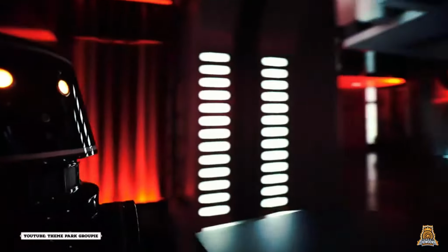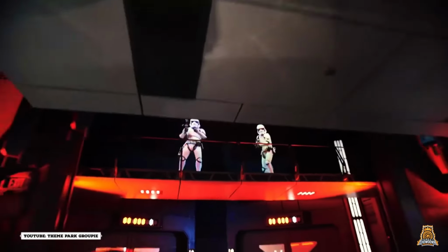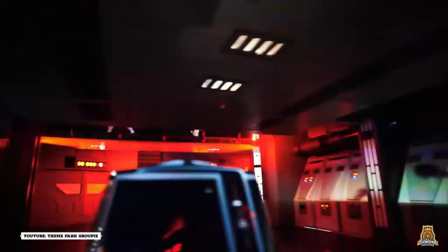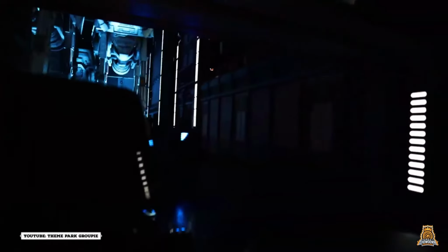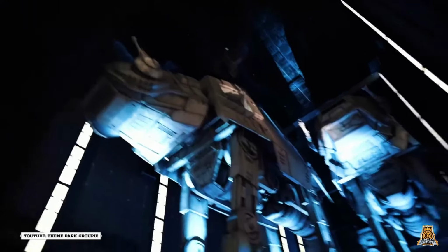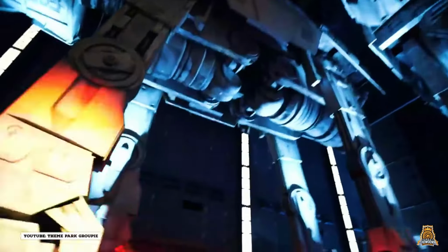The Rise of the Resistance attraction opened a few months after the land, on the 5th of December 2019 at Hollywood Studios, and instantly became one of the most highly anticipated attractions ever built. The ride combines several types of experiences to create the ultimate attraction, using walk-through, flight simulators, drop tracks, and a trackless dark ride. Rise of the Resistance is regarded as quite simply the most ambitious and most impressive theme park